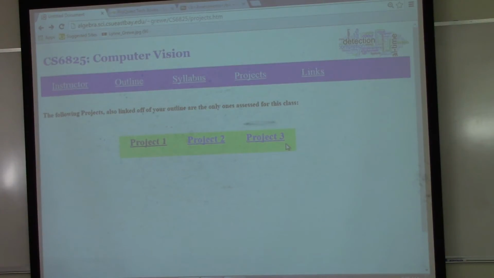Okay, there are 3 projects, projects 1, 2, and 3. What are they? Project 1 is about learning and demonstrating that learning through creation of a research tutorial. So you're going to make a tutorial on a topic that's research oriented. I want that topic to be related to your project 3. So I'm actually going to talk about project 3 before project 1, because I want that to help you make a proposal on something new that you're going to do.